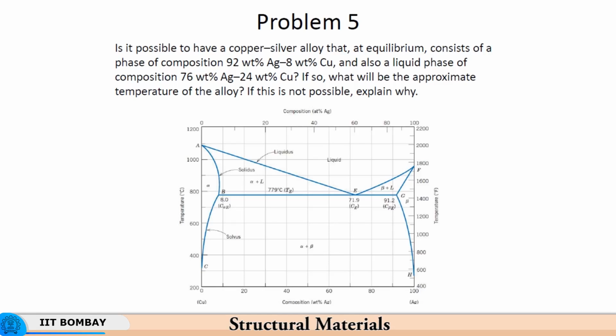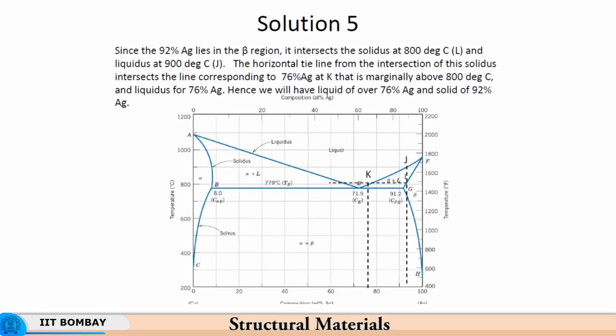So, beta plus liquid is the region in which we have to find a temperature at which these two will be possible. So, let us see how it would be possible, or whether it will be possible at all. Now, we see that 92% silver lies in beta region and it intersects the solidus at 800 degrees centigrade. So, you see that it intersects at 800 degrees centigrade,